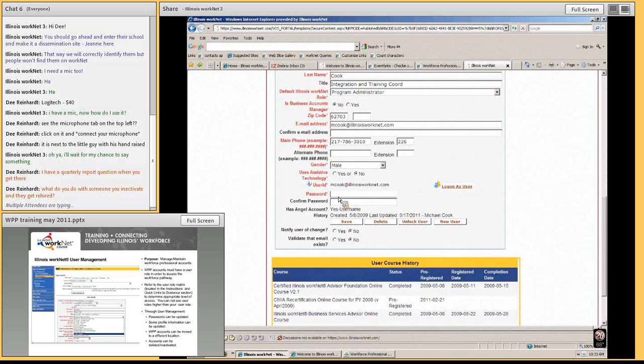It's going to be offered through Illinois WorkNet. Right now we use Angel Learning Management System, and actually we're going to use this through Illinois WorkNet. So it still remains a single sign-on. So once you're into your Workforce Professionals account, you can easily get to your modules. We're changing from the 4 courses to more of a modular approach. So you'll still have your basic